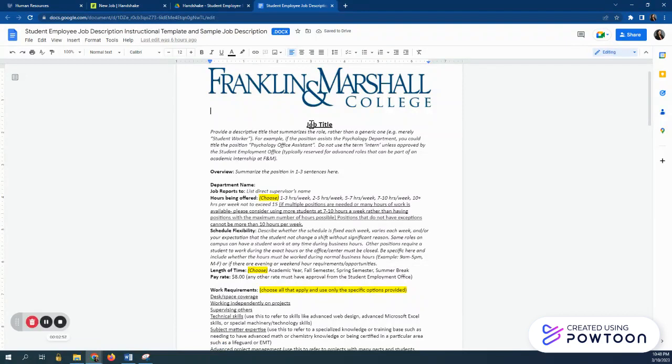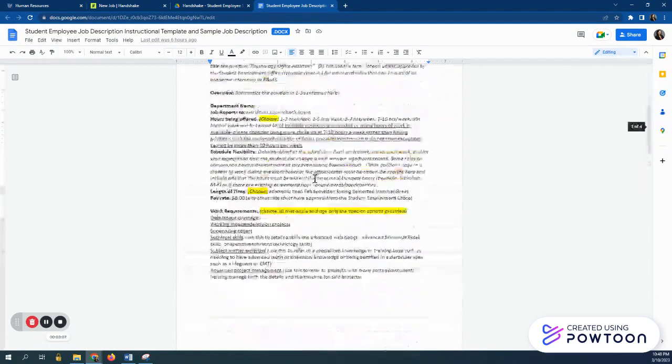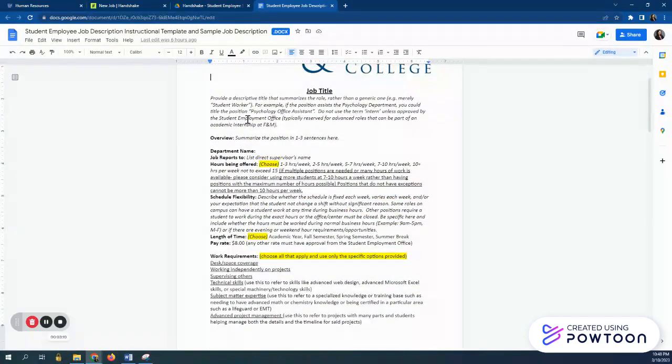This is the set template. The job title position should match the same job title that I just inputted on that first basics screen. Please make sure that they match. And this is the exact template. In the beginning, you'll be describing briefly what is expected of the role for the student,